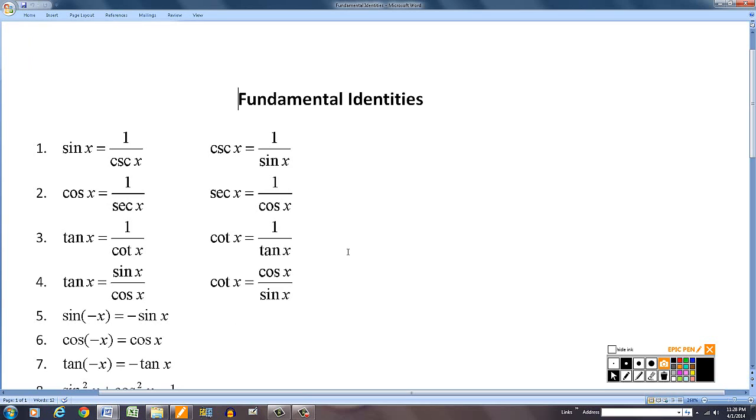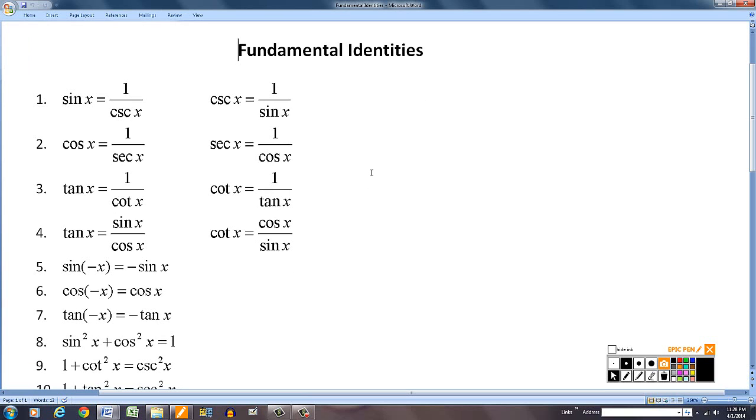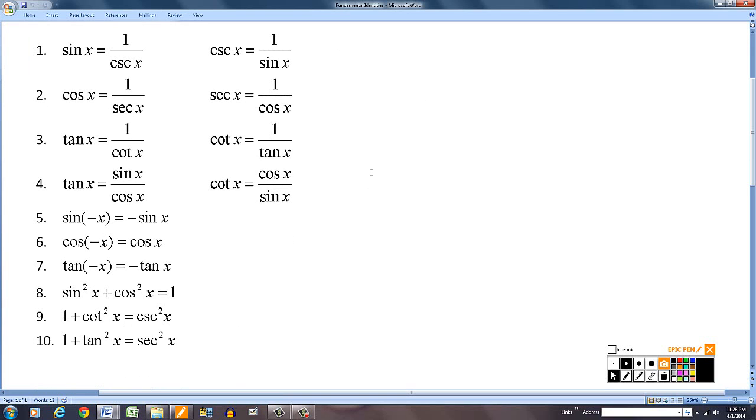I first want to look at what are called basic identities or fundamental identities that you should know by memory. So let's look over these quickly before I go into the actual verification. The first three that I have here are the reciprocal identities. Sine is 1 over cosecant, cosecant 1 over sine, cosine 1 over secant, secant 1 over cosine, and so on. Tangent 1 over cotangent, cotangent 1 over tangent,